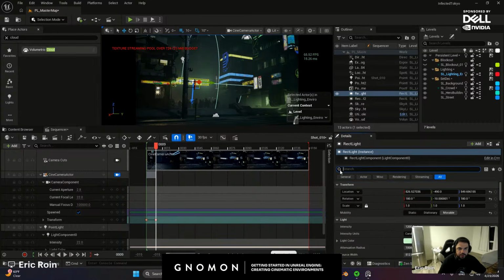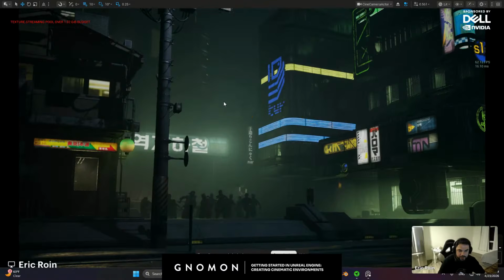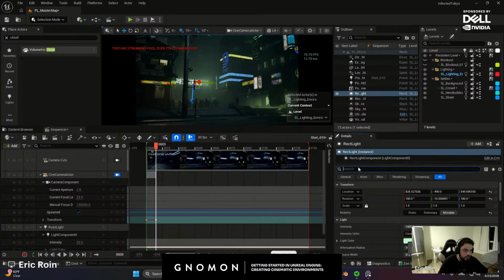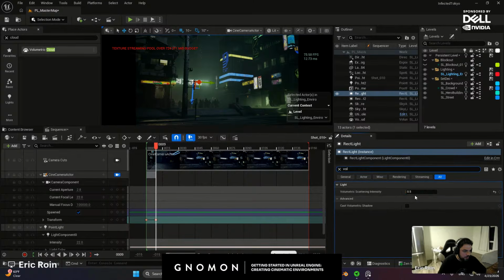And is it physically accurate that such a small sign can be so bright? Maybe not, but does it make the focal point read better? If your goal is straight accuracy, sorry to break it, but in movies or TV shows or any kind of photography shoot, or if you look at the car shoot behind the scenes, there's tons of light sources that are faking stuff. We have to go for what's more pleasing, while still keeping it realistic, but going for what looks better visually. Keep messing with the volumetrics.